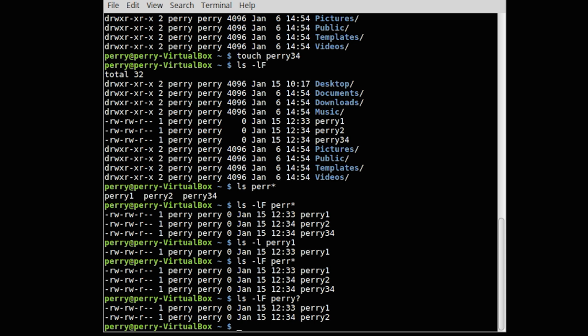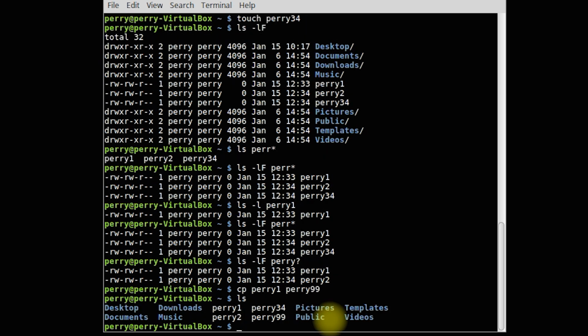The next essential command that we need for manipulating files is learning how to copy files from one place to another, or to make copies even in place so that they're in the same directory. So the way we do that is with the cp command. The cp command is typed just like this, and we specify the source first and then the destination second. So I could copy Perry1 to Perry99 like so,